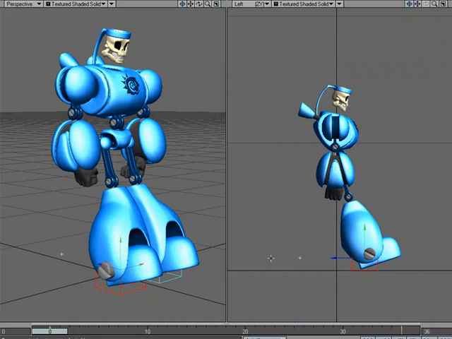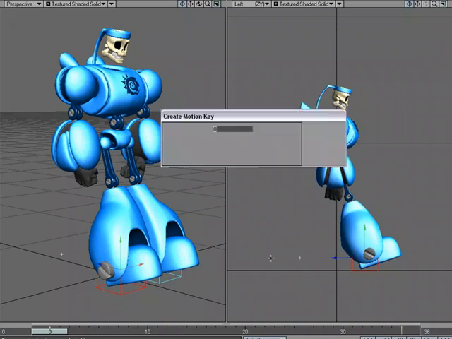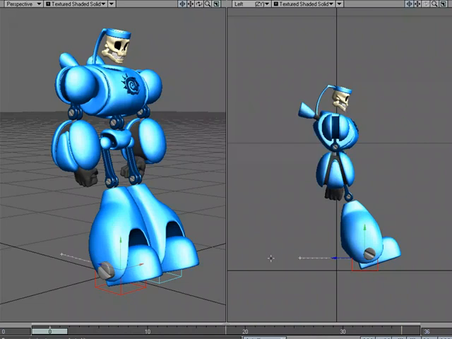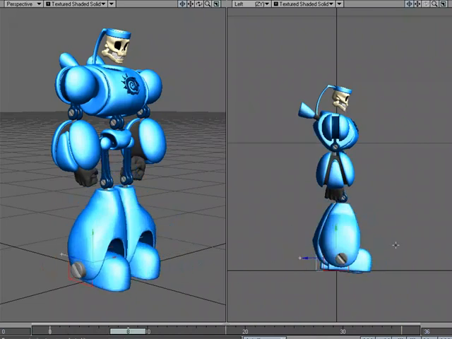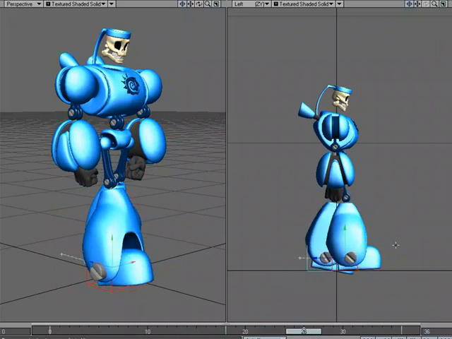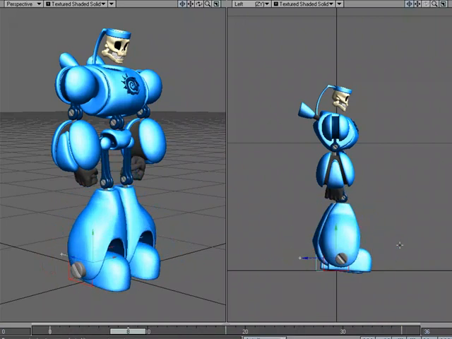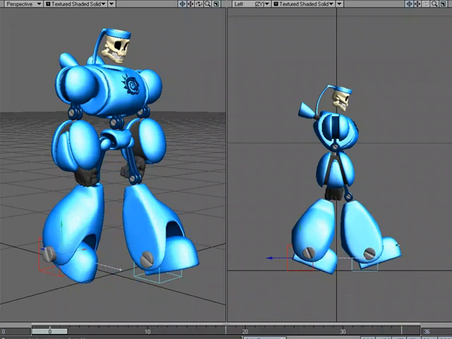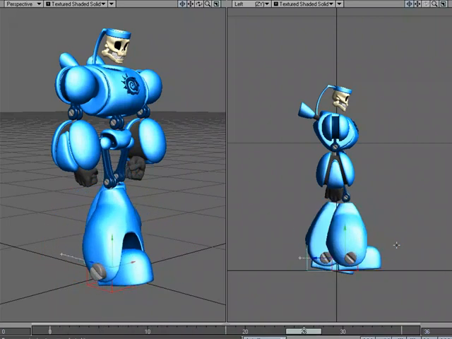It can be a little different, but I'm going to go ahead and match it up with that leg, and on keyframe 18 hit create a keyframe. So I'm going to push play, and now I've got this little shuffle going on with the legs. So it's kind of a walk, but he really needs to pick up those giant feet so he doesn't trip